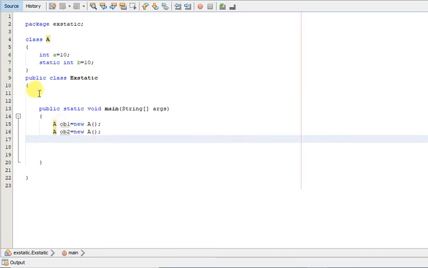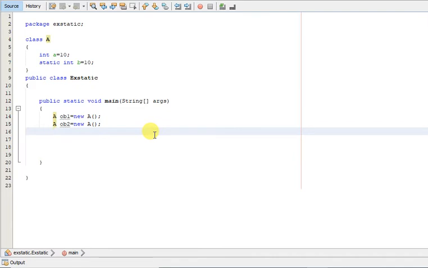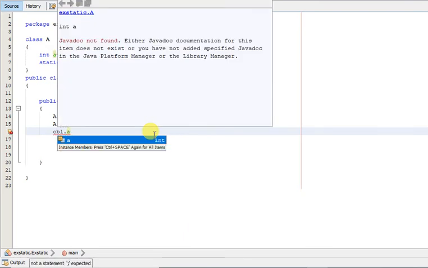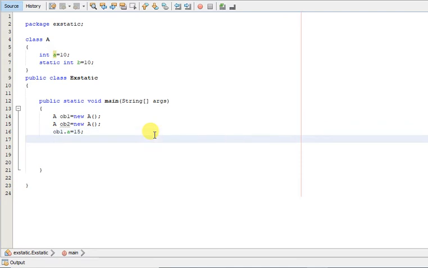So let us understand this with the example. I have created two objects, object 1 and object 2. Now let us try to change this instance variable using object 1. ob1.a is equal to 15, suppose. Now let's print the value of a.